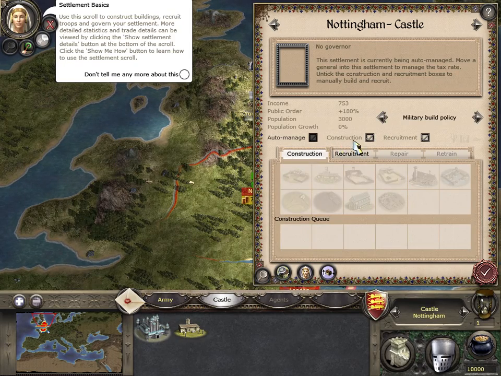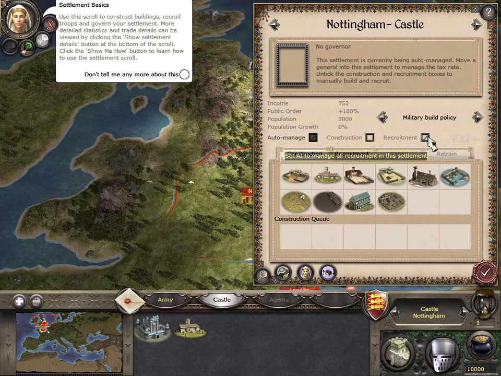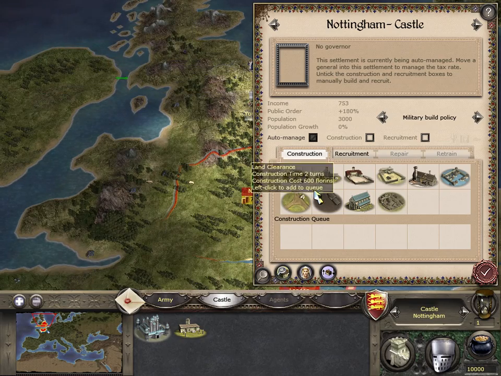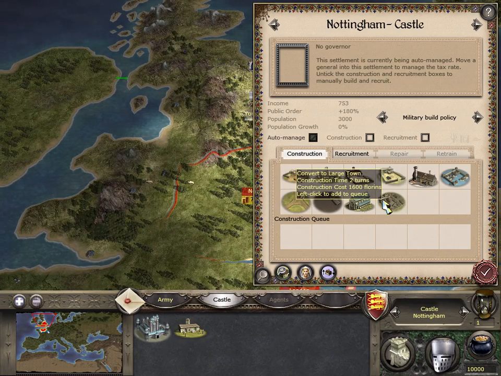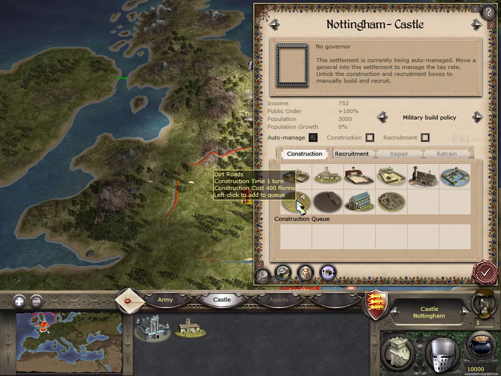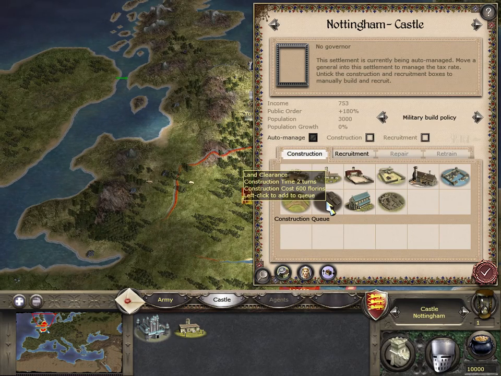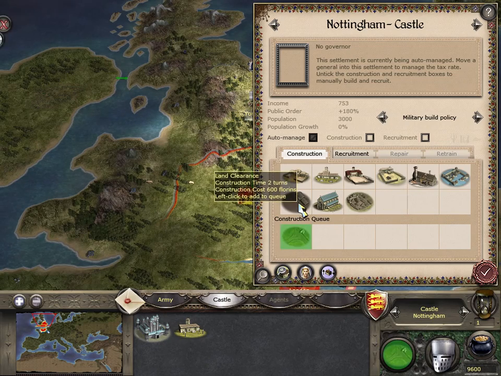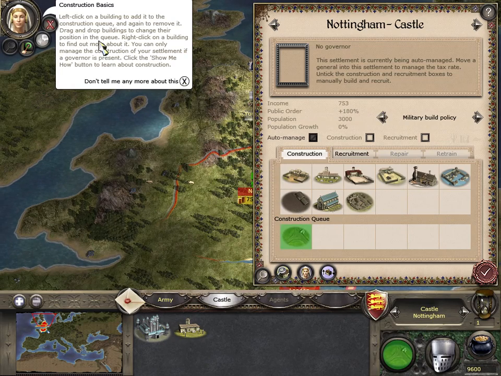Buildings, so what you want to do is construction, put that off. More detailed statistics and trade details can be viewed by clicking on Show Settlement Detail. What you want here is growing your industry, growing your population, and these kind of things. And what you want first is, of course, money, and that you do with roads. Left click on a building to add it to the...